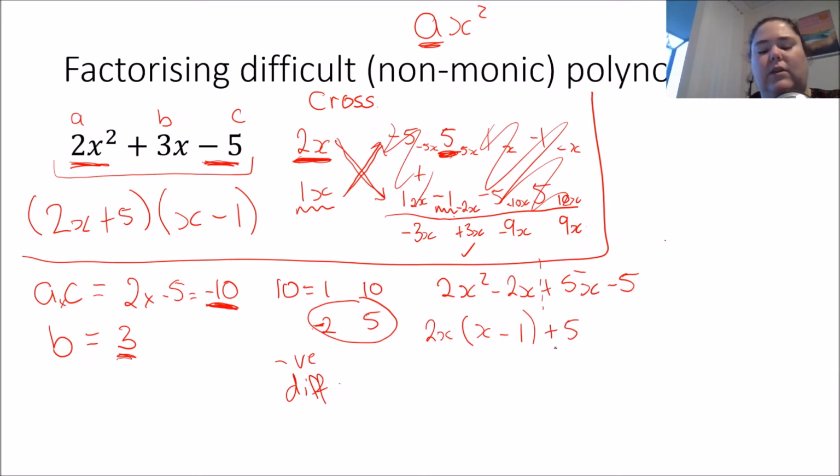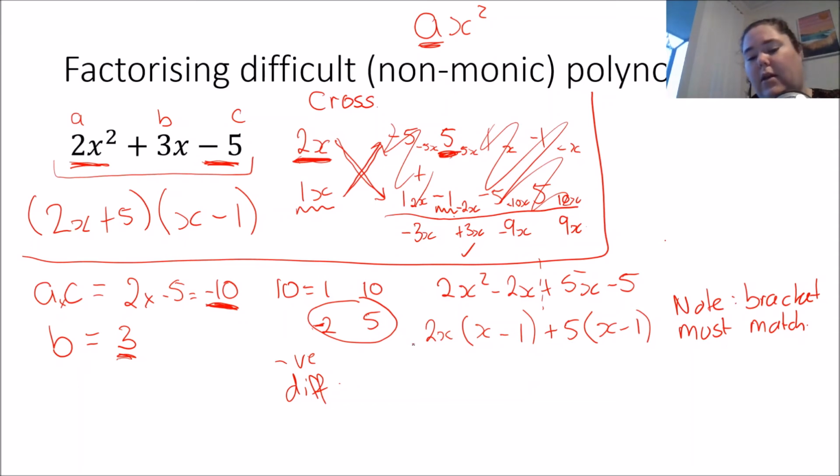Please make sure that this number has a sign. It should either be a plus or a minus. Leaves us with x minus 1. Okay, here the brackets must match. If the brackets don't match, you've done something wrong. Okay, so here I've got x minus 1 in both my brackets, so I'm on the right